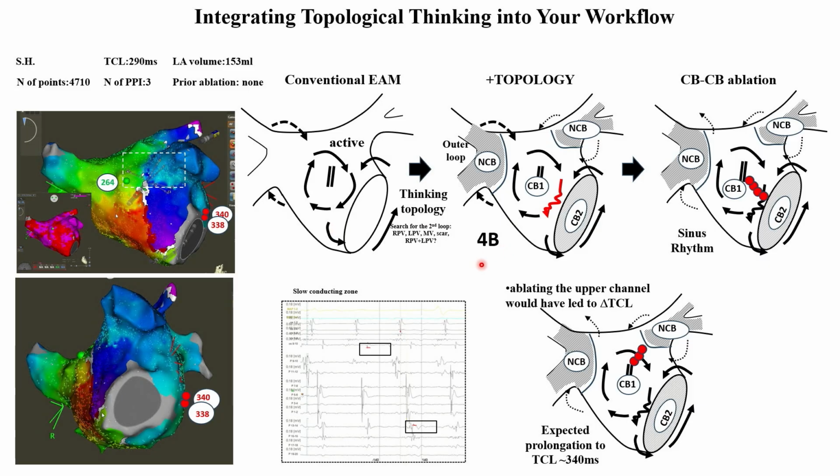So actually, if you want to terminate this tachycardia, meaning if you want to know what is the critical isthmus, the only lesion that will terminate this tachycardia is this set of ablations. I'm not saying that this is the end state of your ablation procedure. Sometimes we have to do more lines and we have to prevent recurrence. But to guide your workflow, we propose topological thinking to terminate and control your tachycardia. And with this example, I'd like to end my presentation.